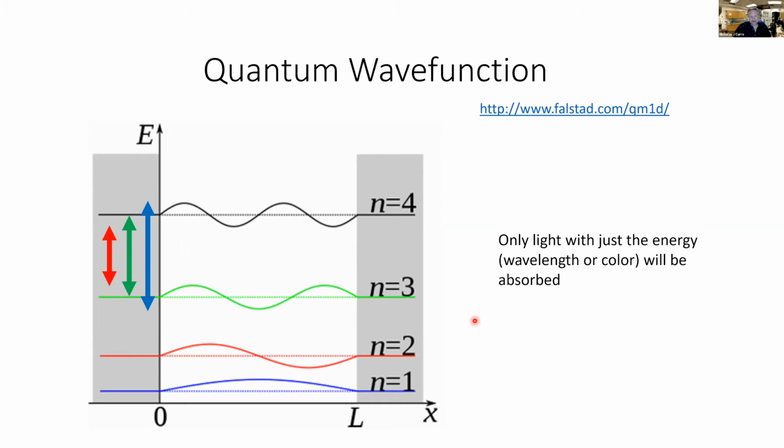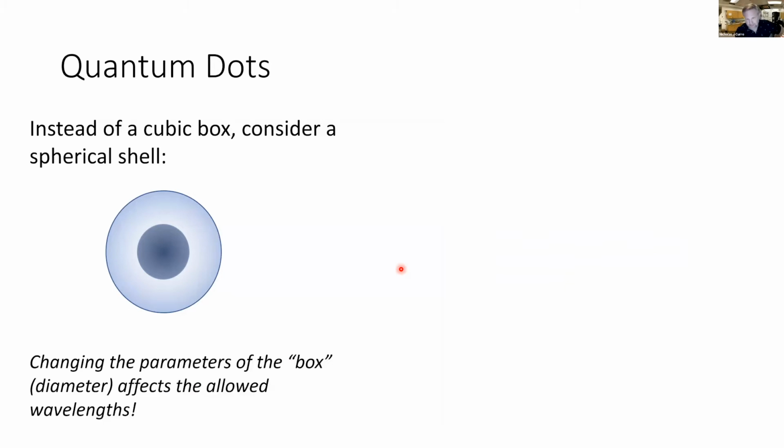And when that was first observed, this was really important for the people who developed quantum mechanics to understand the whole idea of quantization of energy levels. So instead of just this nice little one-dimensional box problem, this really happens in real life, and it's probably happening right now in your computer monitor or in your TV. They talk about these things called QLEDs or something like that, and this is based on